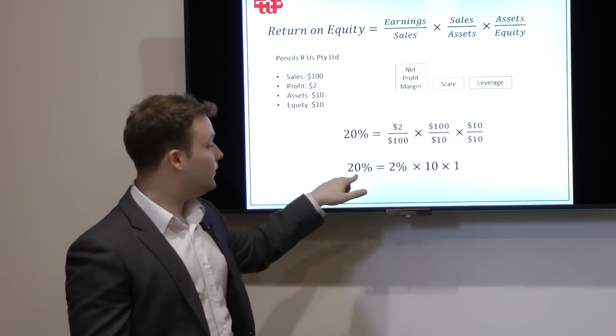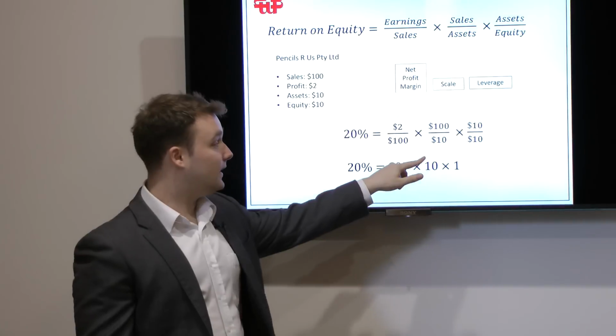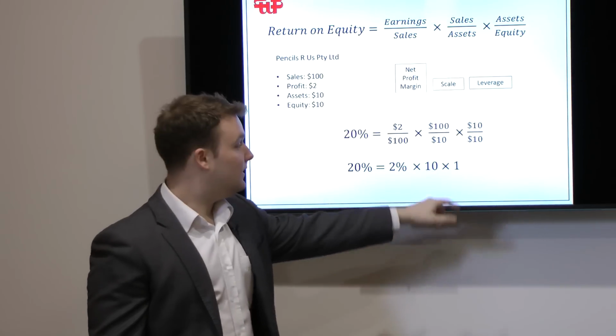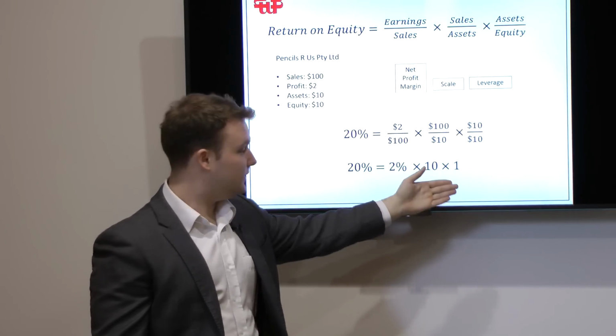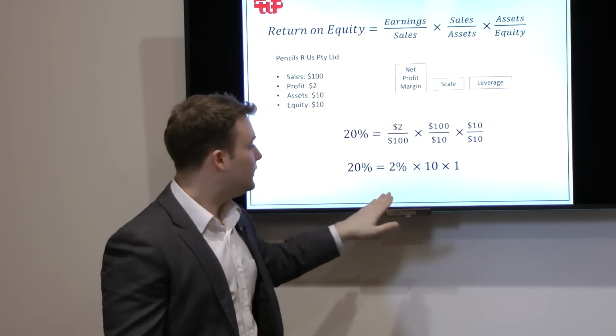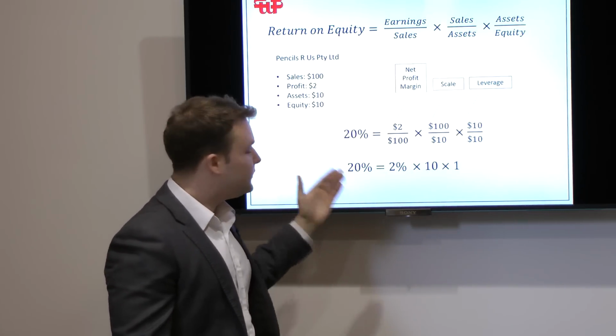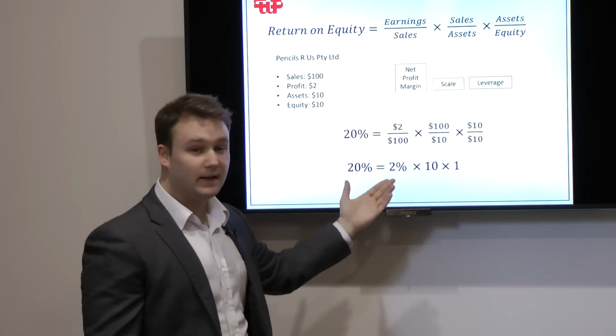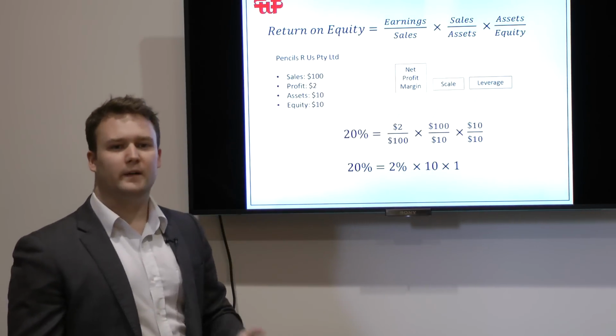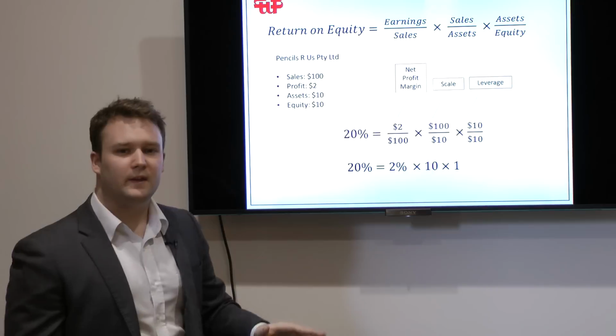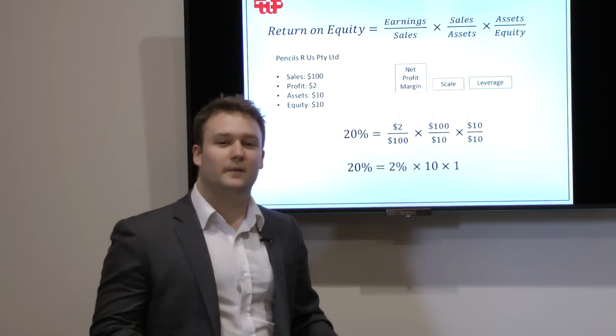But what drives the earnings for this firm is the scale factor at 10. And then the leverage factor, again, doesn't contribute that much. So for this firm, the return on equity is driven by scale. It's sort of akin to Walmart if you think about it. It invests a lot, but then it gets massive sales over